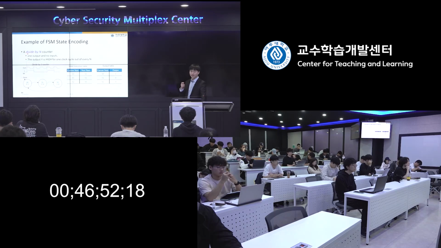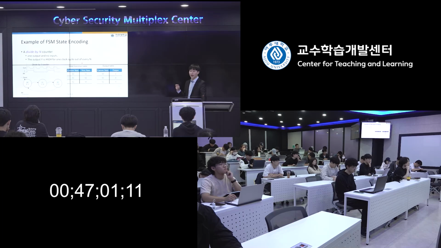So we are checking this example, a divide by n counter. What is the divide by n counter? The output is high for 1 clock cycle out of every n. So for example here, for this timing diagram, if you look at here, the divide by 3 counter,